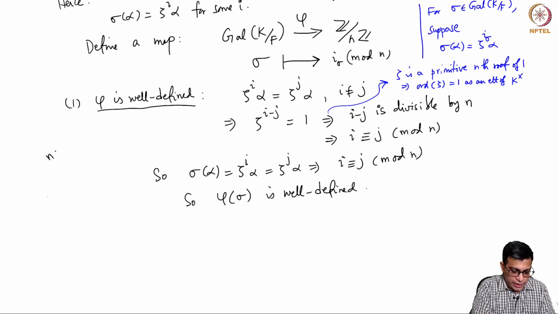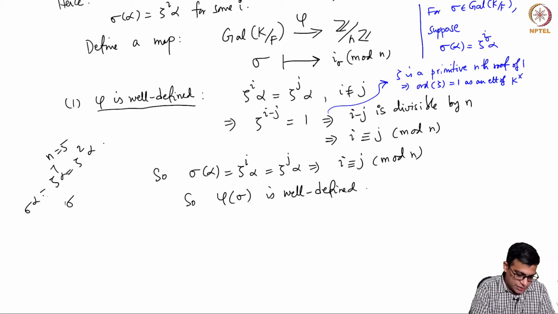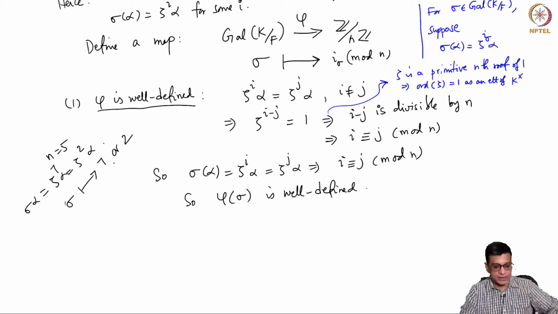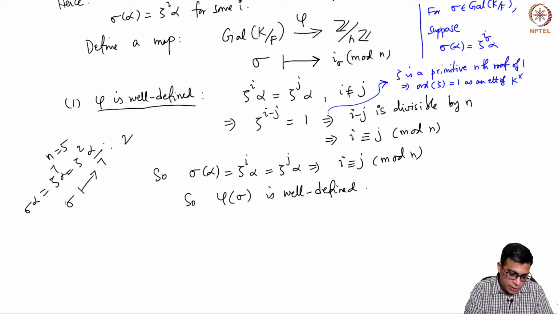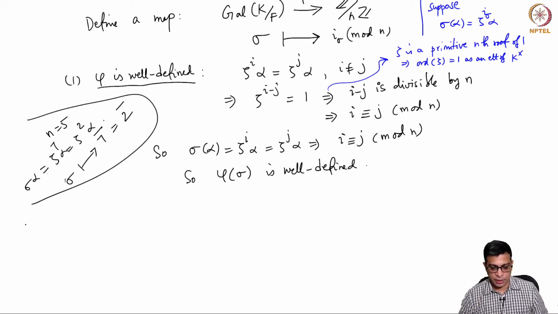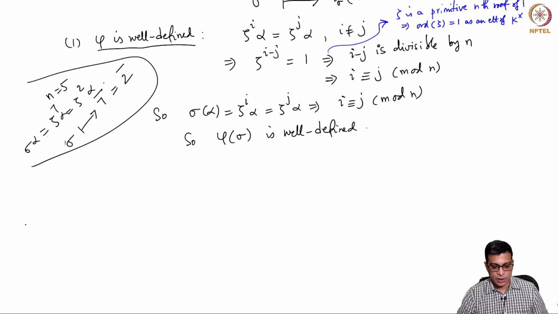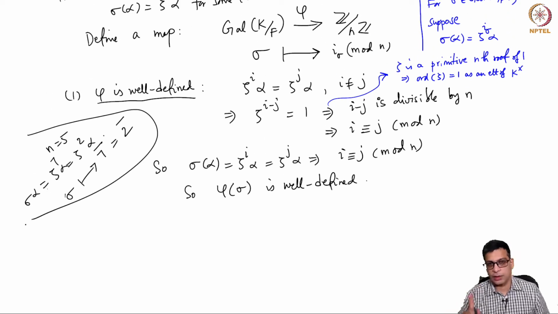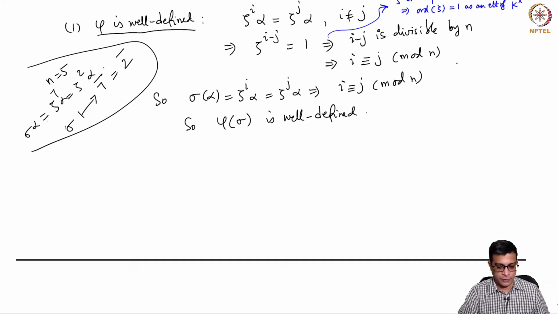because maybe n is 5 and then zeta power 7 alpha equals zeta square alpha, right. So, where will you send sigma to? So, if this is sigma alpha, sigma will go to either 7 or 2. So, if the target is the integers, this is not a well defined map. However, if the target is Z mod nZ, 7 bar equals 2 bar. So, there is no problem. So, I am really explaining too much perhaps, but this is a well defined map, and that requires the fact that zeta is a primitive nth root of unity.